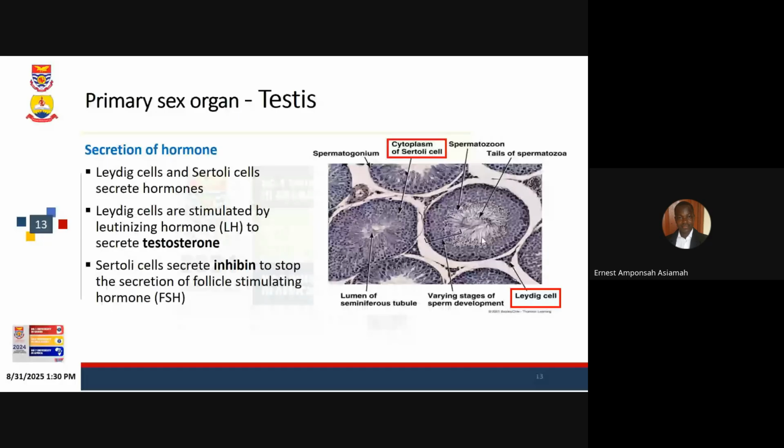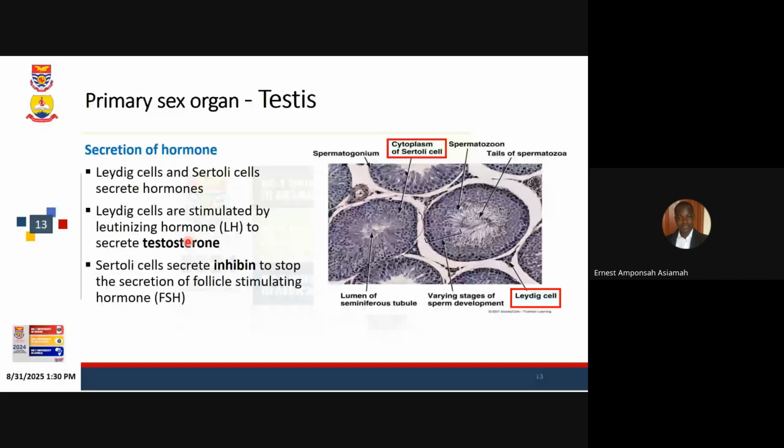Then we also have the Sertoli cells. The Sertoli cells are in the seminiferous tubule, and they occur with the spermatogonia cells, which are going to develop into sperms. The Sertoli cells secrete the hormone